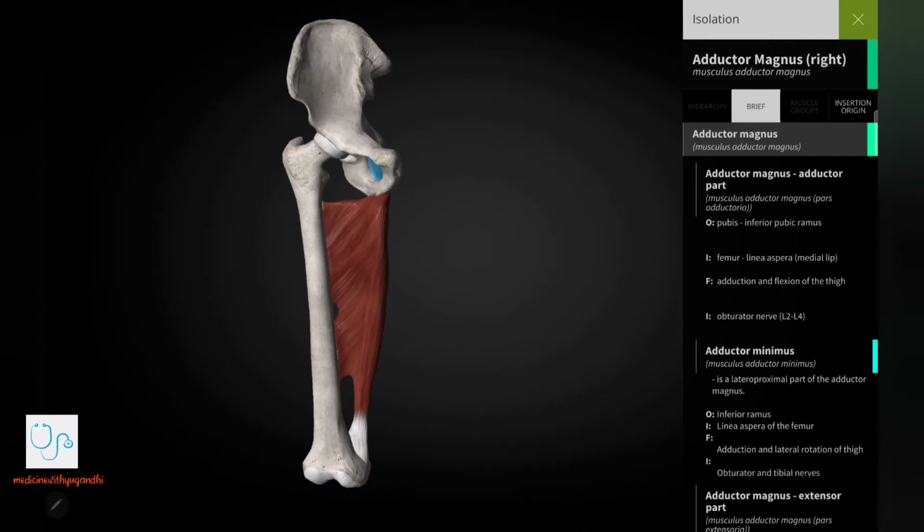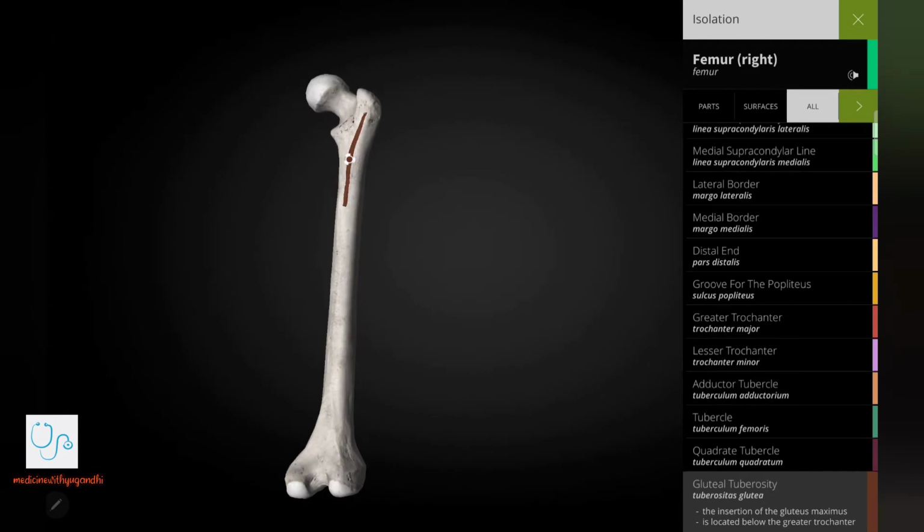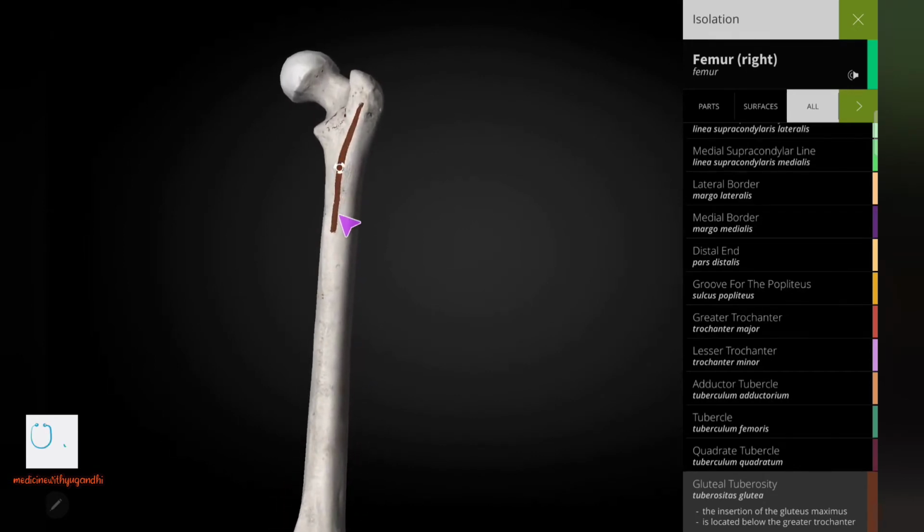Now coming to the insertion of the adductor magnus muscle, obviously it gets inserted into the femur, but into different parts of the femur. Let us see one by one. In order to have a clear view regarding the insertion of the adductor magnus muscle, we must know some landmarks on the femur. Let me mention it one by one. So this refers to the portion you are seeing here on the posterior surface of the femur. This represents the gluteal tuberosity.